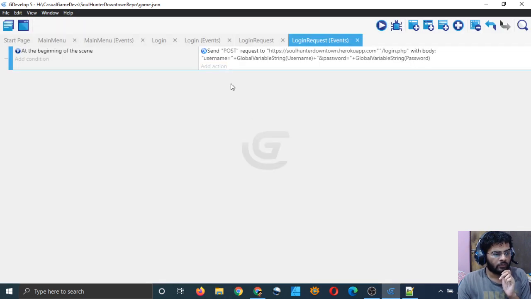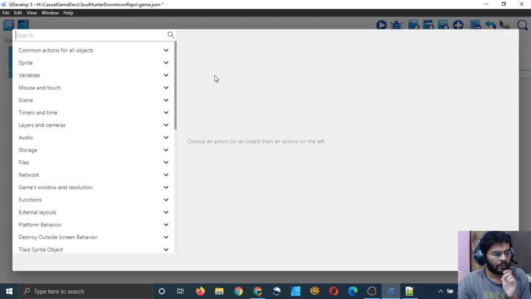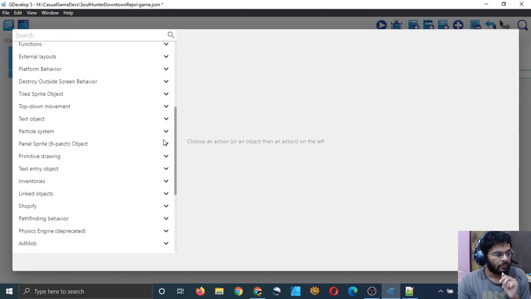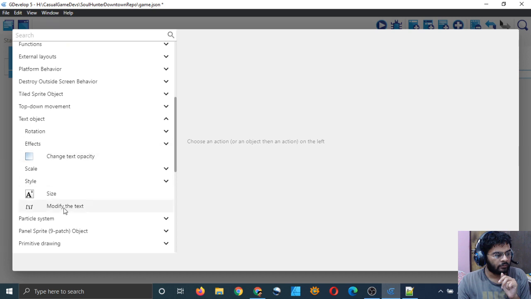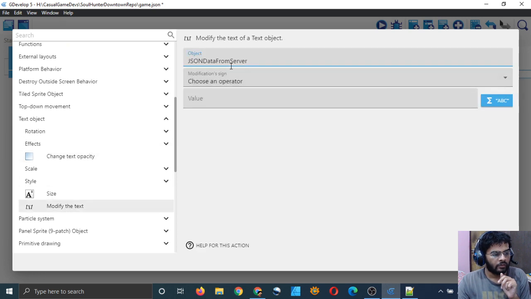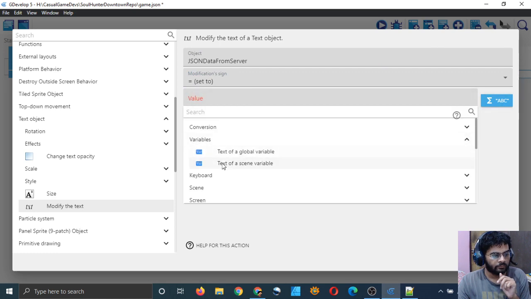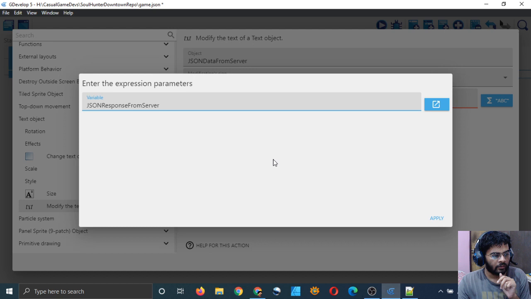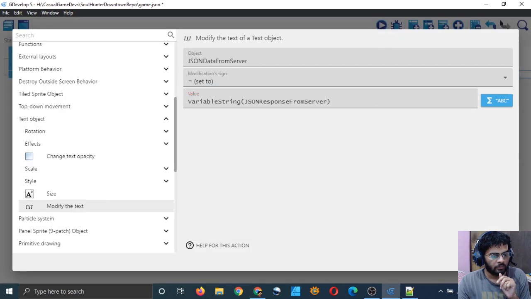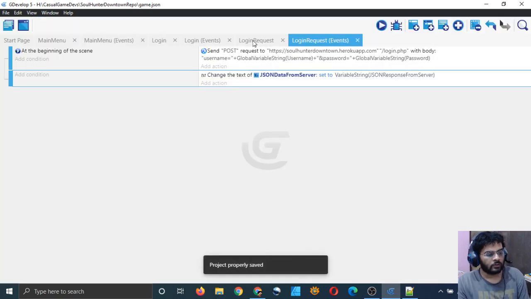No, let's not do that. I just want to see the JSON right now and not change it to different values. I will choose my text object, modify the text, JSON data from server, and for the value I will choose the scene variable, JSON response from server, and that should be good.